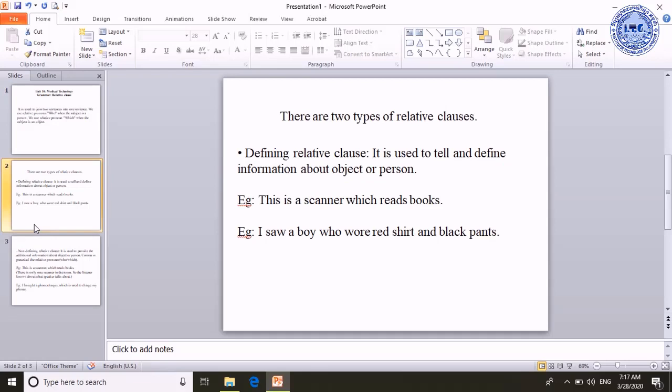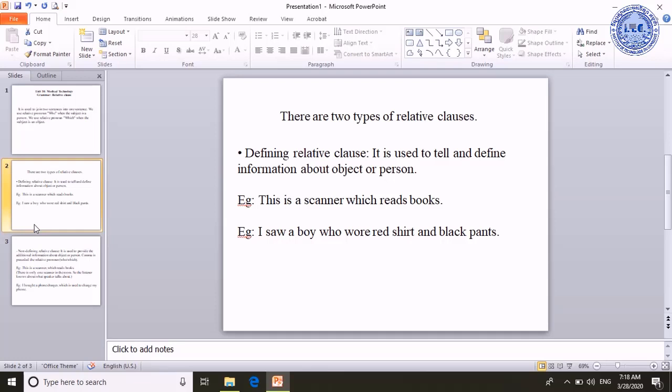So there are two types of relative clause. The first one is defining relative clause. Defining relative clause is used to tell and define information about object or person. It means that when the speaker talks about a person or an object, the listener does not know clearly. That's why the speaker has to define information, like they have to give more information to make sure that the listener identifies or notices that object